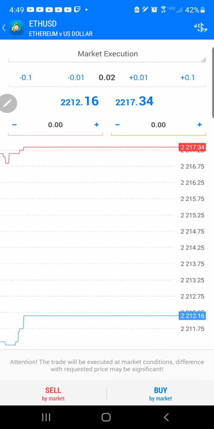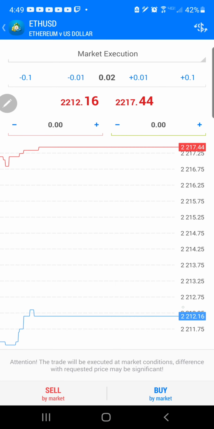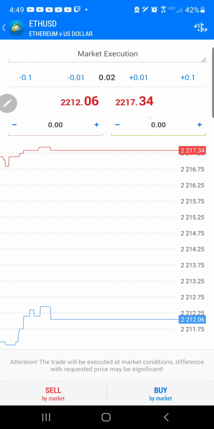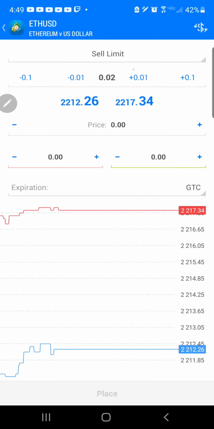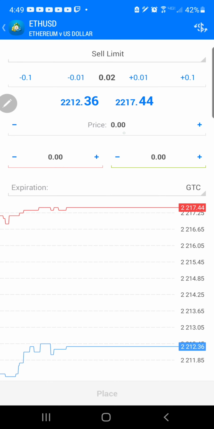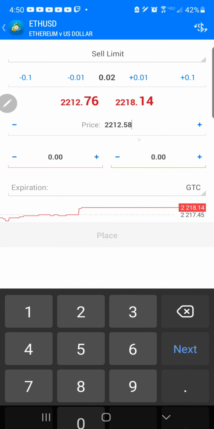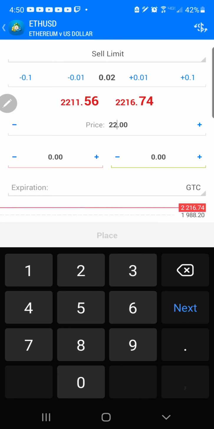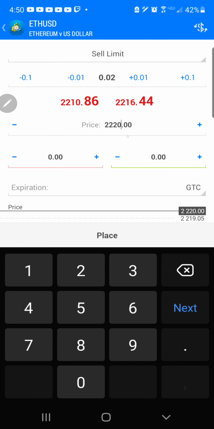Let's say I wanted to sell at, well actually you would be selling down here. So it's at 2, so I'd want this line to get up to, let's say 220. So I would go sell limit. And right here is the price that you would change it to. You can hit the plus or the minus to let it scroll up, or you can click on it, and I want it at 220, so boom. Okay,